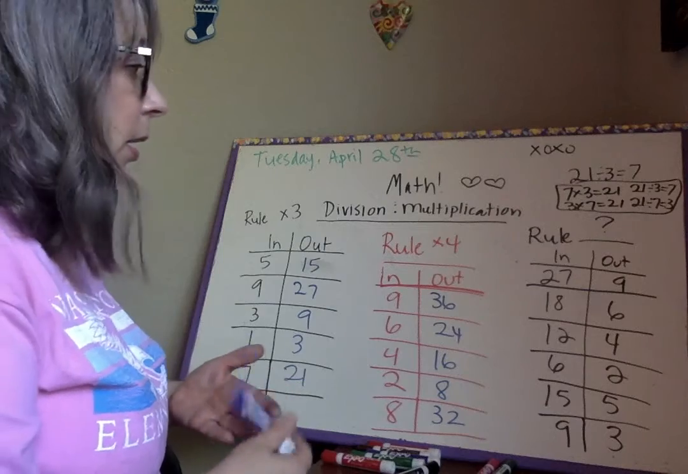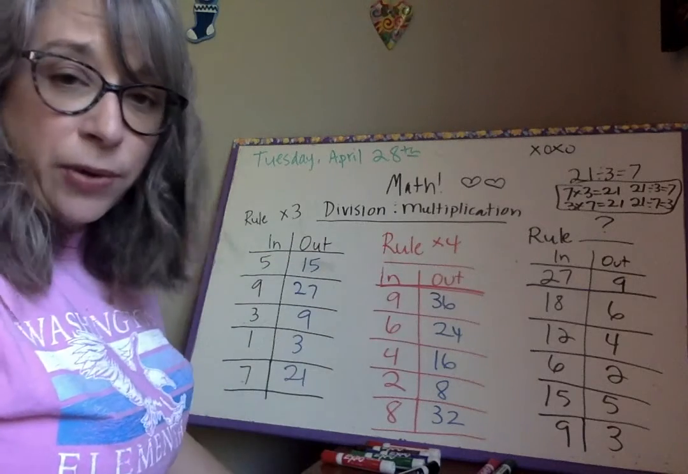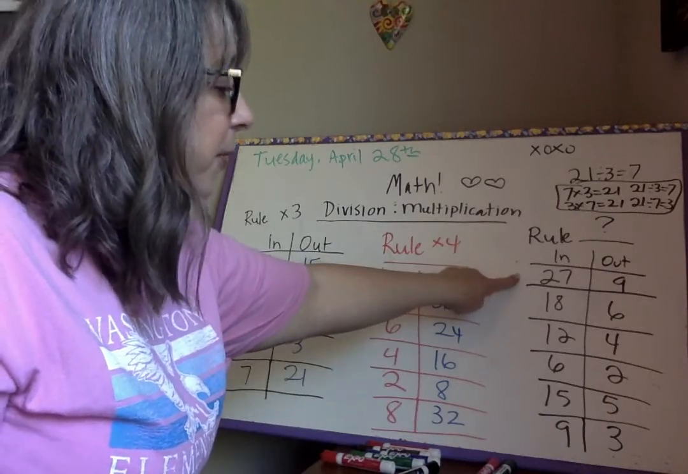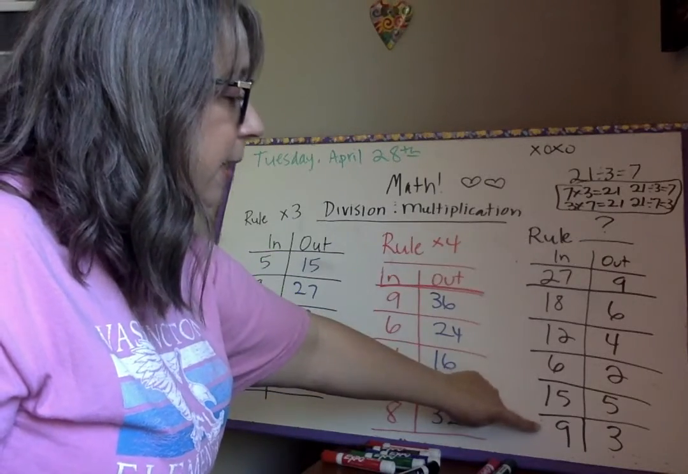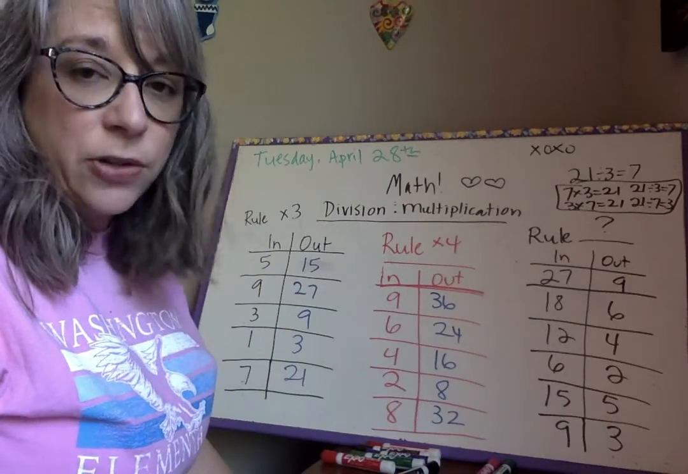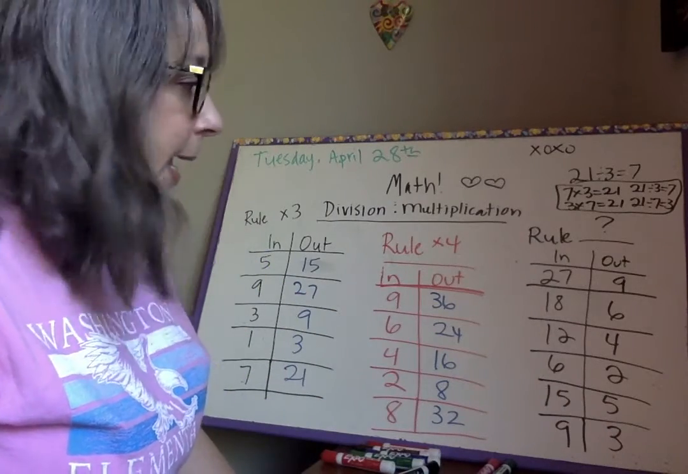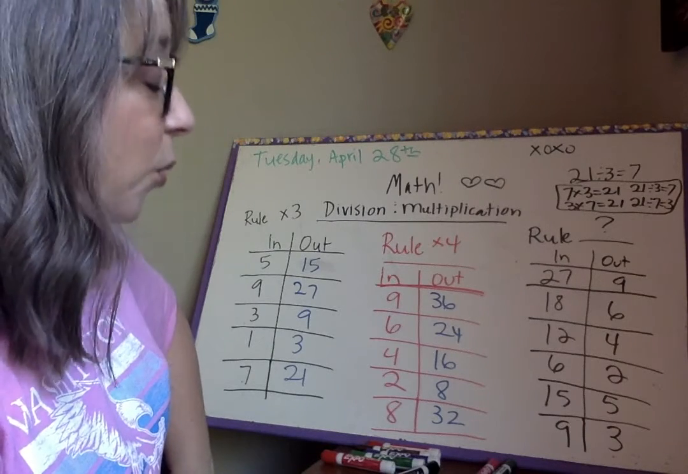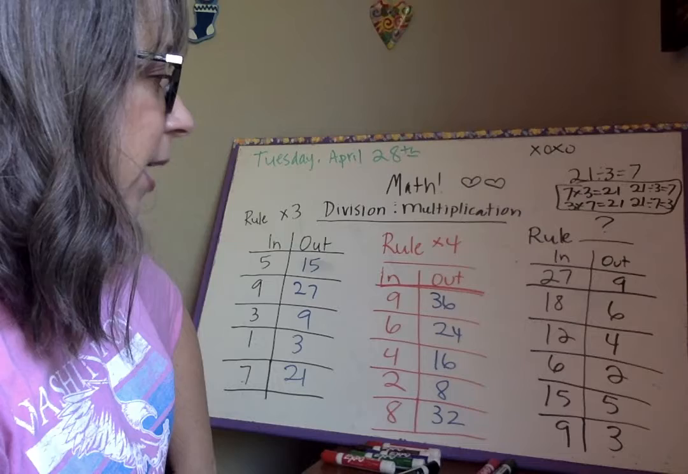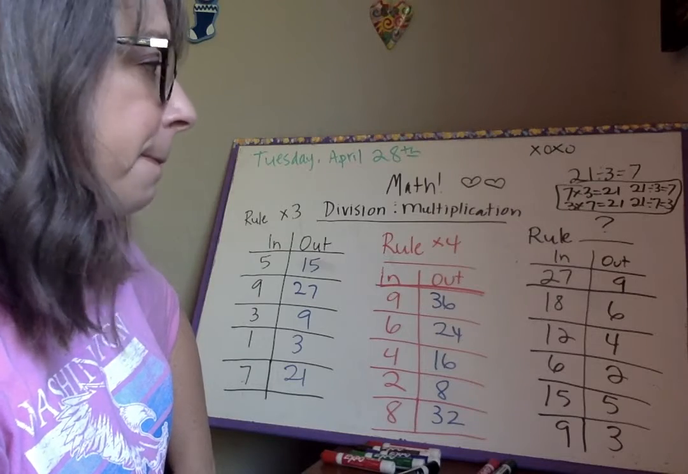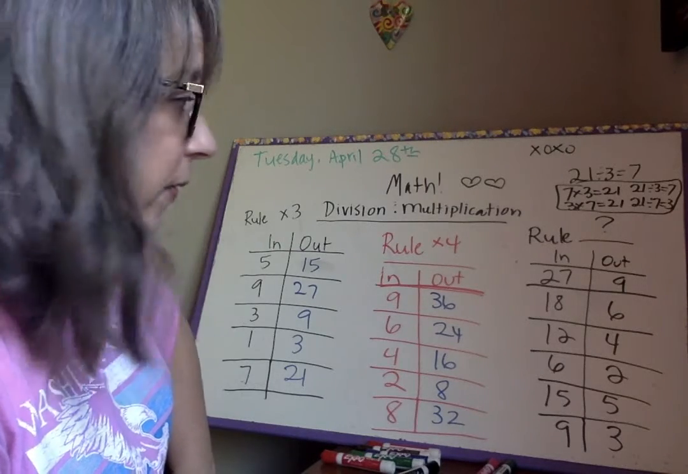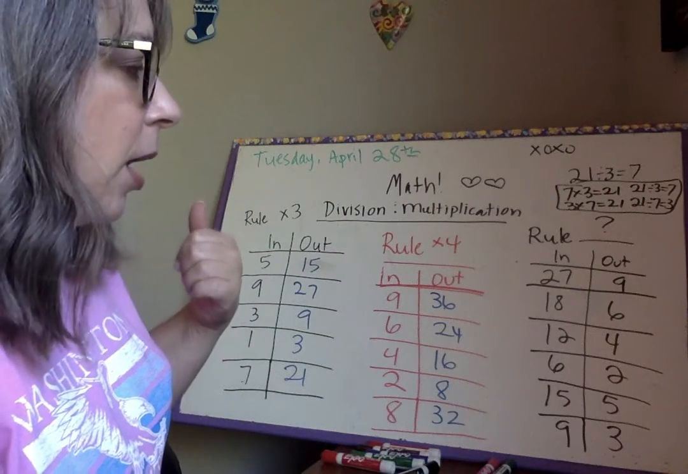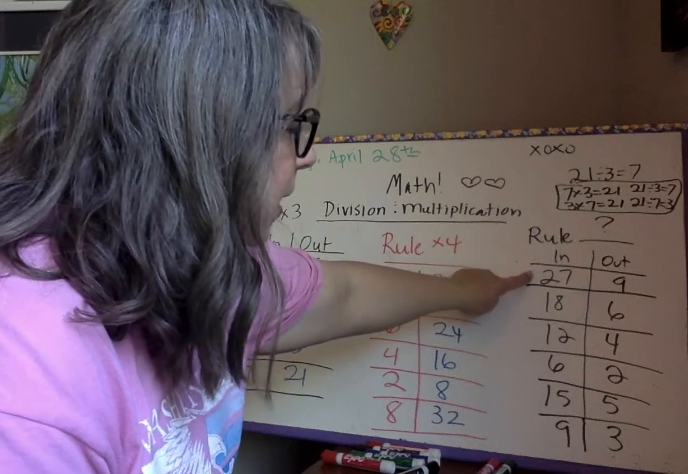Let's keep it moving. Now here's a rule. We don't know what the rule is. We have to figure it out. All right, so remember when I said if the in is bigger than your out, you're either going to be adding or you're going to be subtracting or dividing. And so I'm just looking at these numbers. I wonder if this could be division, because I'm thinking of my facts and I'm thinking of, what times 27,